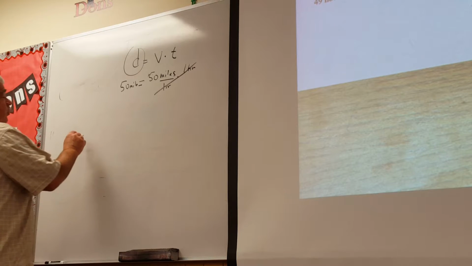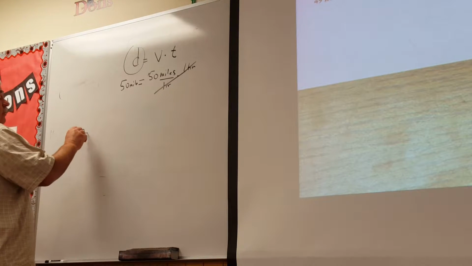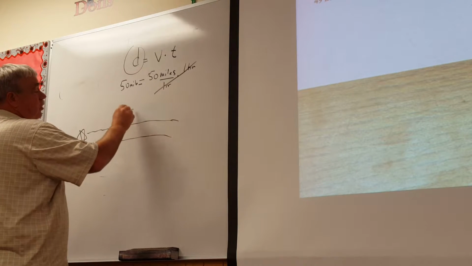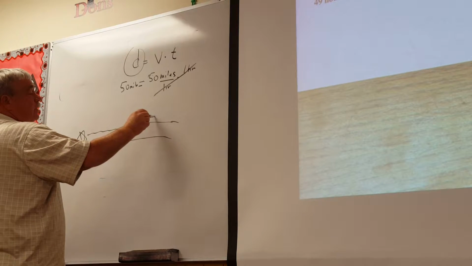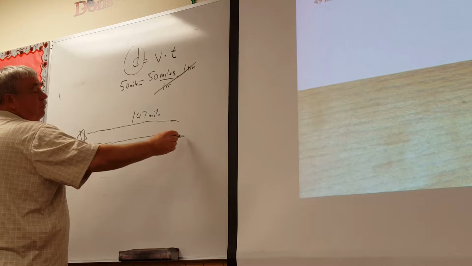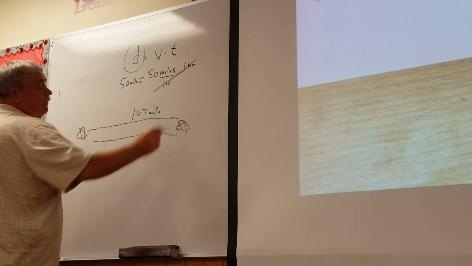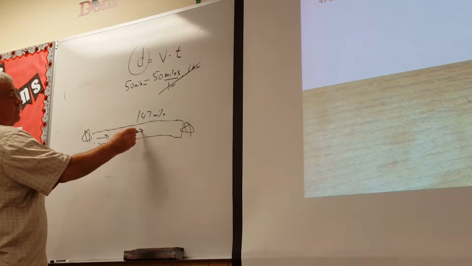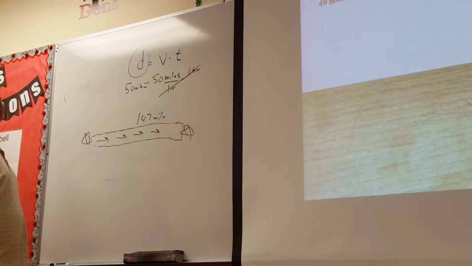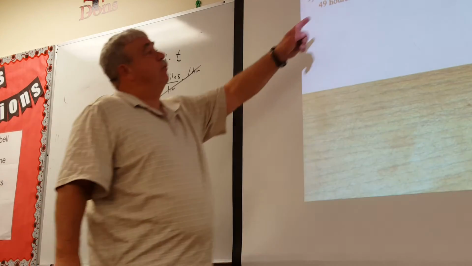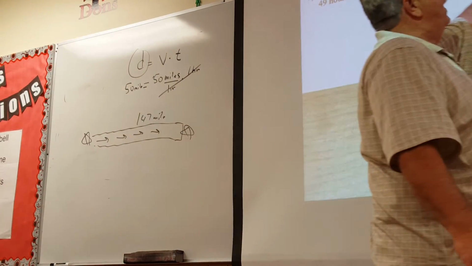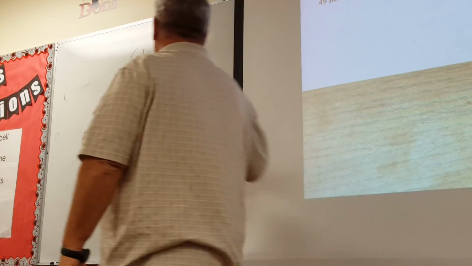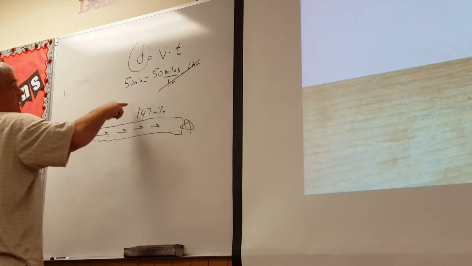So what you do is you start here at a city and you go down a stream here, a river, and you go 147 miles. And you come to another city down here, okay? And the current is going this direction, okay? So the boat travels downstream and back. The downstream took 7 hours, okay? So we're taking the distance,